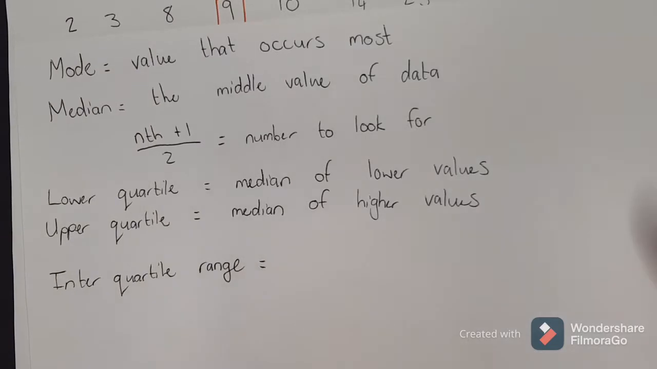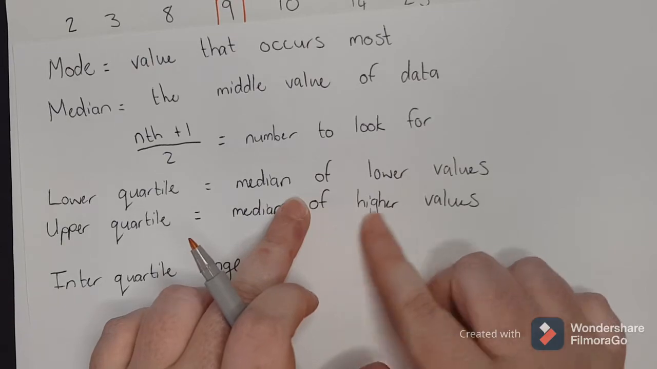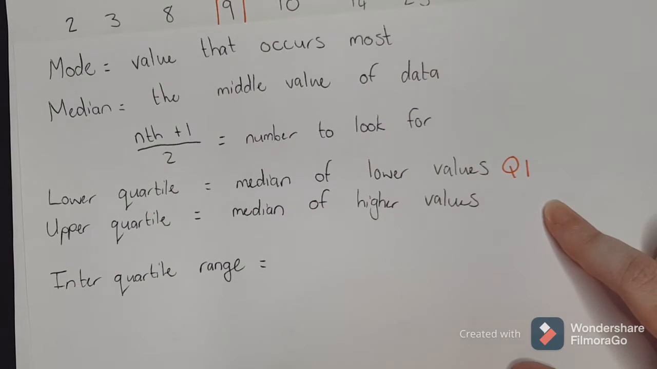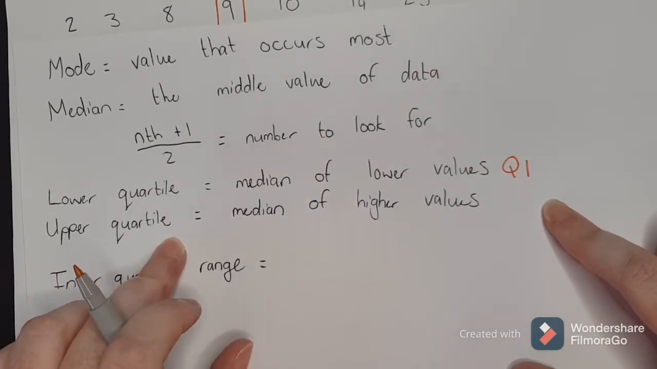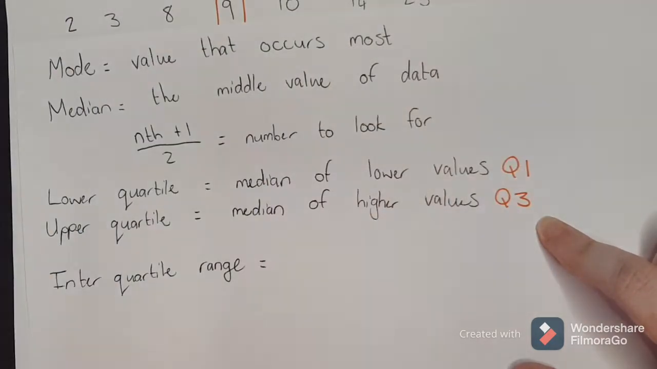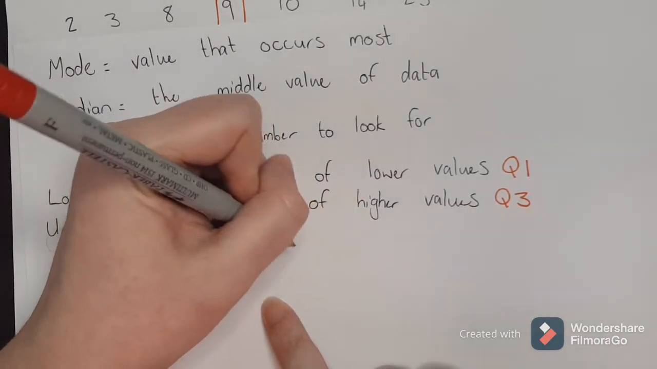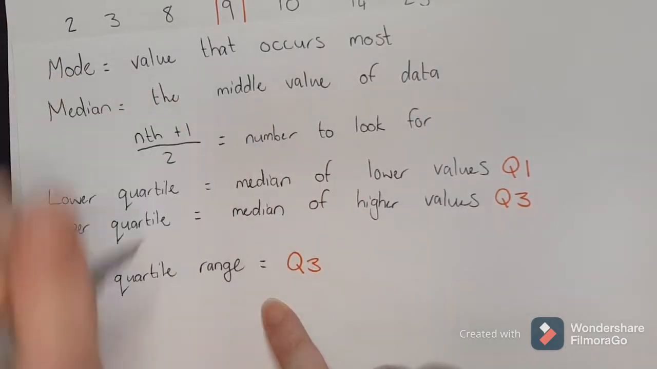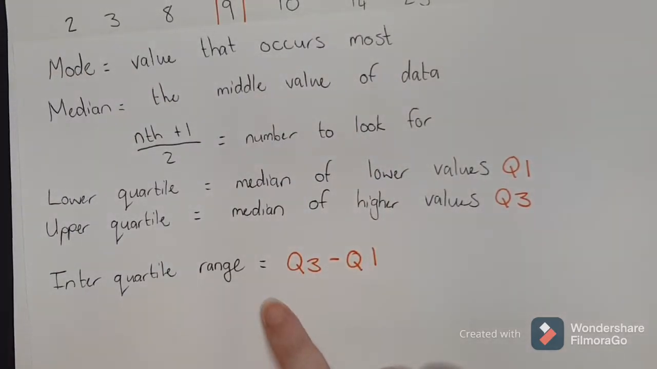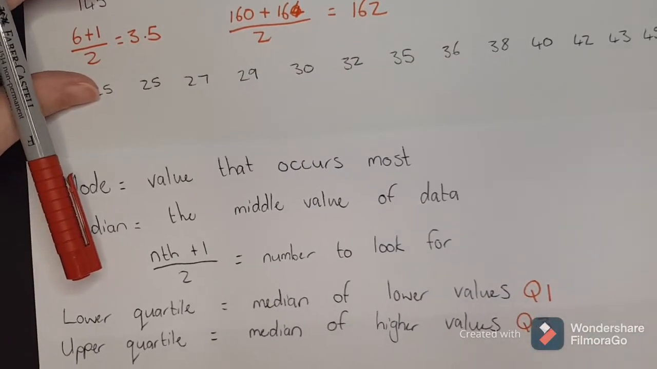If I want to find the lower quartile, that is the median of the lower values. We refer to that as Q1, the lower quartile. If I want the upper quartile, that's the median of the higher values, and that's referred to as Q3. The interquartile range is then my upper quartile, Q3, minus my lower quartile, Q1. So if I look at another data set over here,